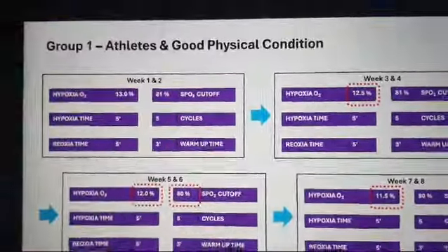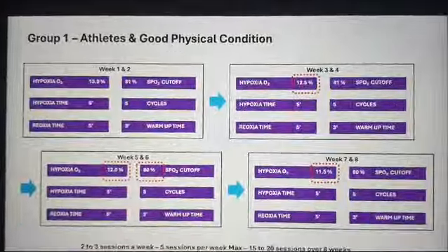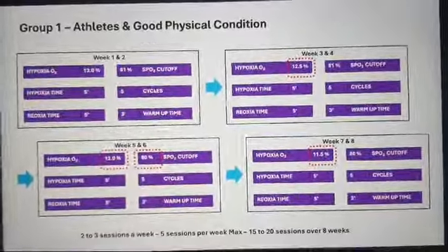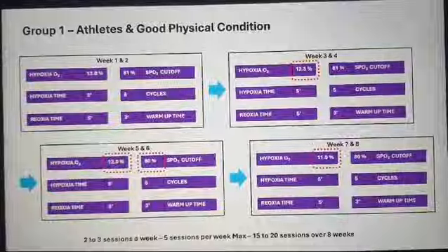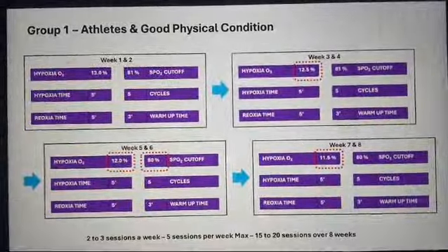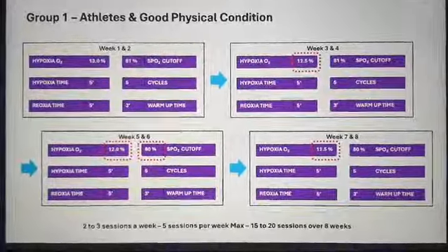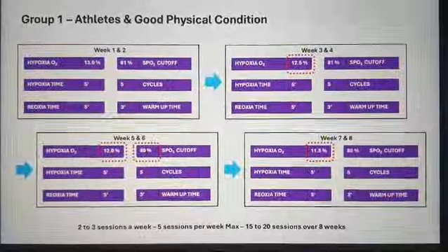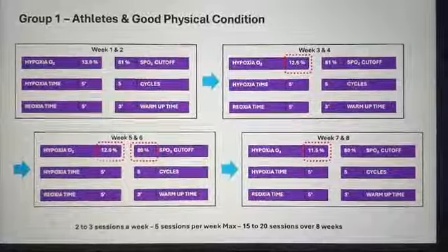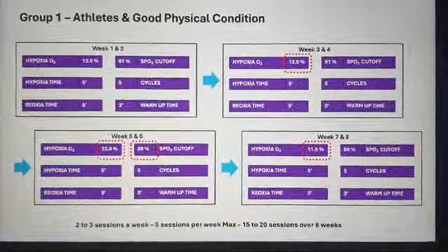So on our recommended protocols, we've divided this in 4 groups. So for example, now we're looking at group 1. This is intended for athletes and users with good physical condition. The protocol is divided into 4 sections, each section representing sets of 2 weeks over which the protocol is supposed